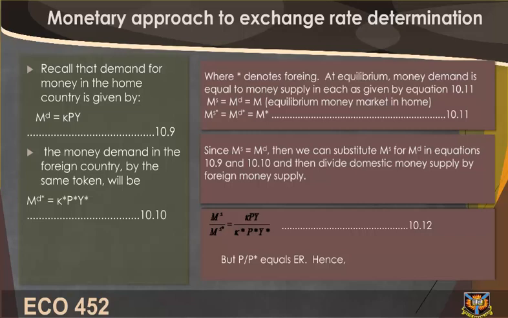Equilibrium money market in home. M^S asterisk is equal to M^D asterisk is equal to M asterisk. Equation 10.11. Since M^S is equal to M^D, then we can substitute M^S for M^D in equations 10.9 and 10.10 and then divide domestic money supply by foreign money supply. But P over P asterisk equals ER. Hence,